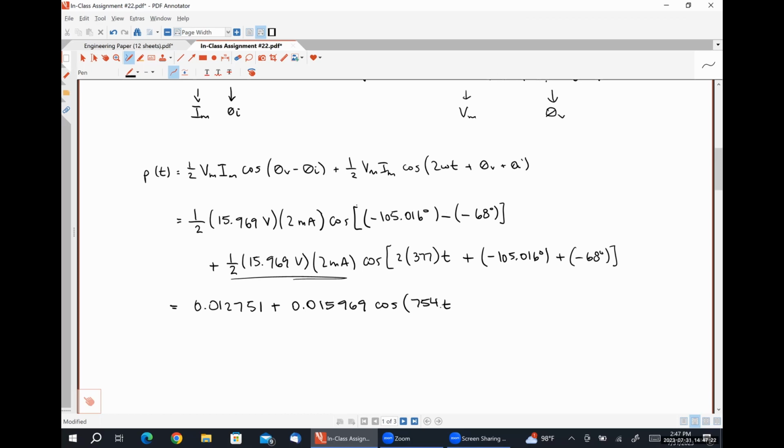And then negative 105.016 minus 68 is negative 173.016